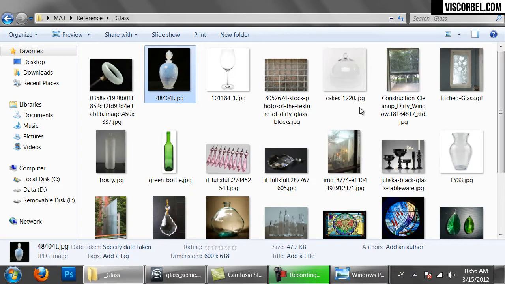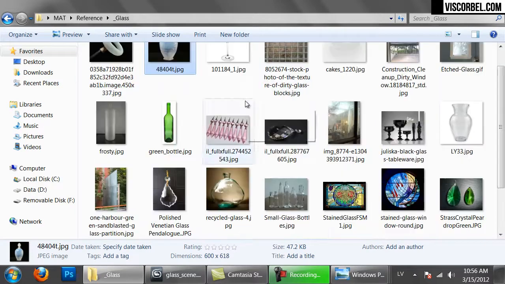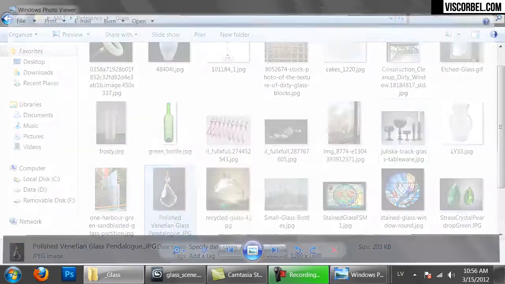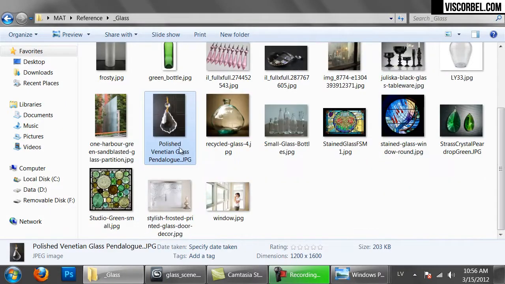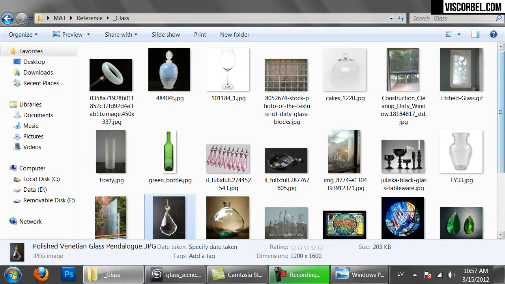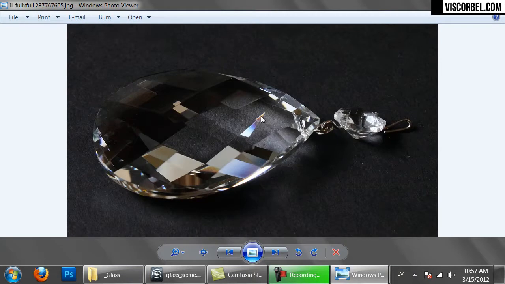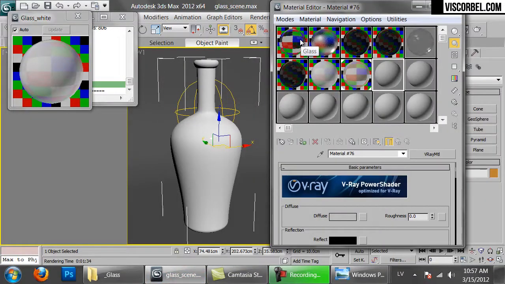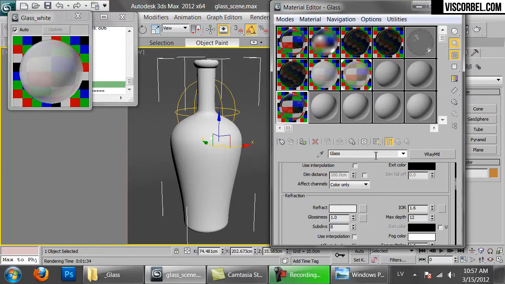Okay, so another common glass type is crystal. Even though it's called crystal, it's usually just lead glass that has some strong dispersions and higher index of refraction than regular glass. So it's very commonly used on chandeliers, vases and stuff like that. So you can notice the very strong dispersion. And let's make the crystal material now. So copy the regular glass,